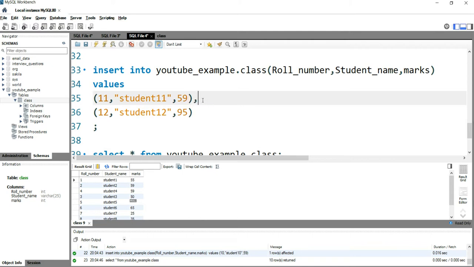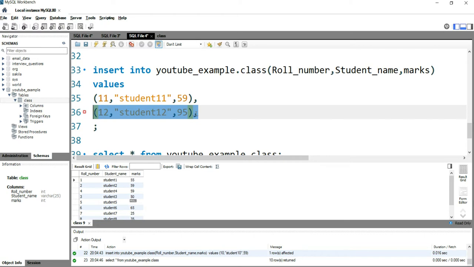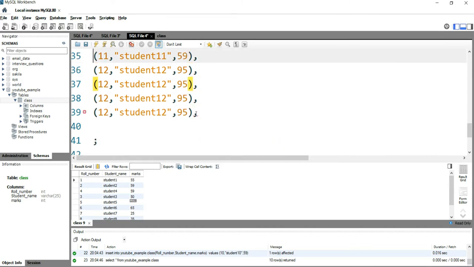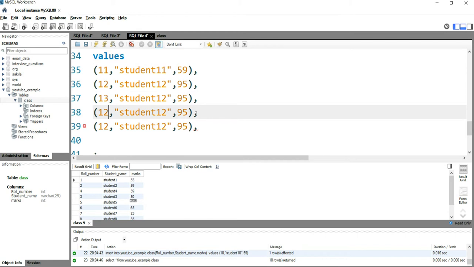So after every comma following a bracket, SQL will think we are going to insert a new record. In a similar way we can insert multiple records at a single time. I'll copy this and paste it here 5 times only. So 11, 12, 13, 14, 15, and we'll change the marks here.